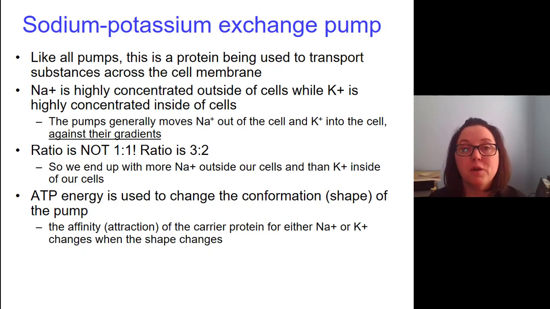Exchange tells us that they're moving in opposite directions. Okay? So the sodium is not moving the same direction as the potassium. Okay? A lot of words on this slide, but let's go to a picture that kind of explains the same